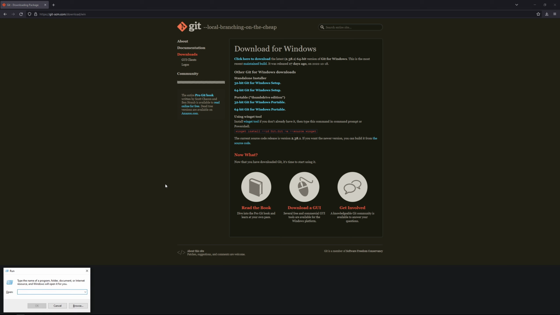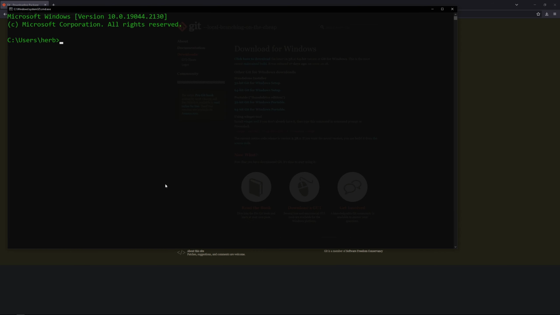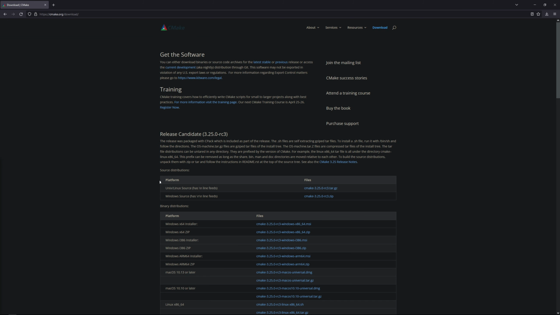And to test to make sure that it's actually installed, I'm going to press Windows R, type cmd, hit enter, and now I'm going to type git -v, and we can see it's installed. To install CMake, I'm going to do the Windows 64 installer,